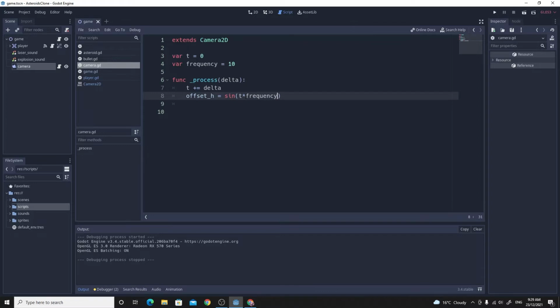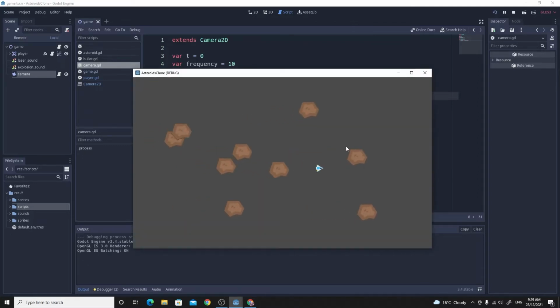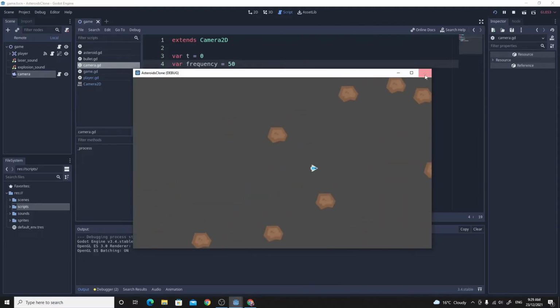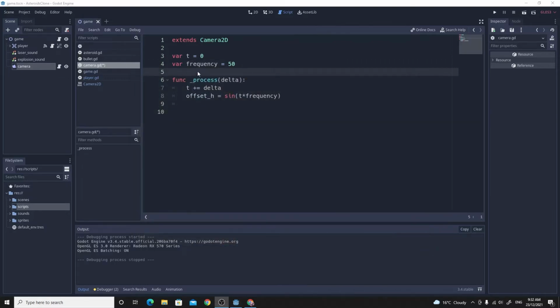So if we just have a quick look at this one, what we'll see now is that it does look a bit more like it's shaking. Actually, I think I can make it even more so we get a real cool effect. So it definitely looks like it's shaking now. However, we need it to kind of decay rather than shake all the time. We want to start a shake and then the shake sort of drifts down to 0 over a certain length of time. So the way we're going to do that is we're going to want to multiply this value by an increasingly smaller number, and the way we could do that